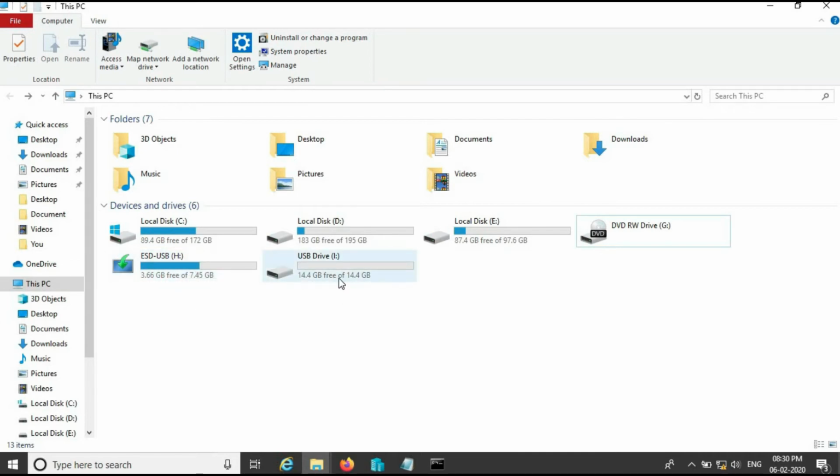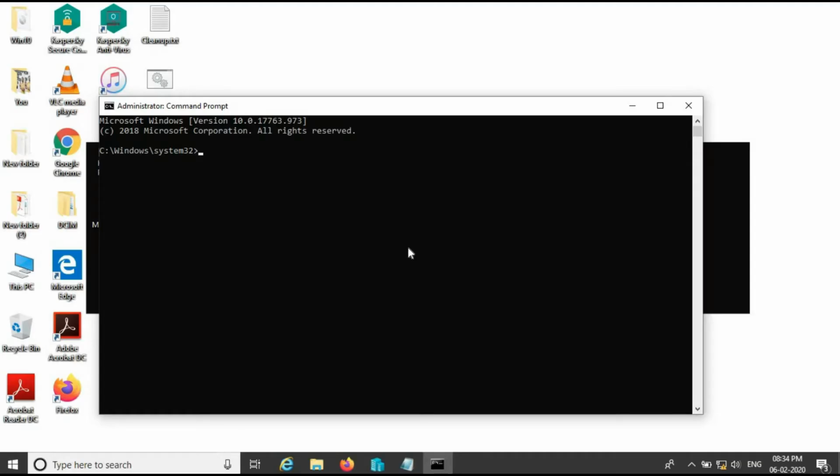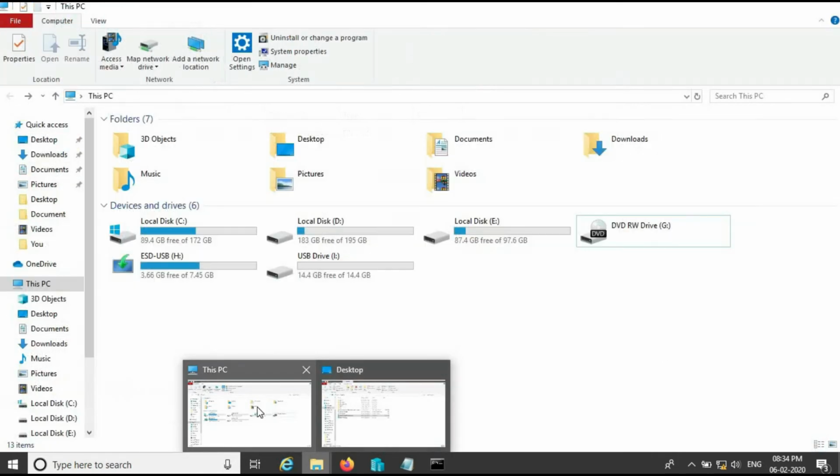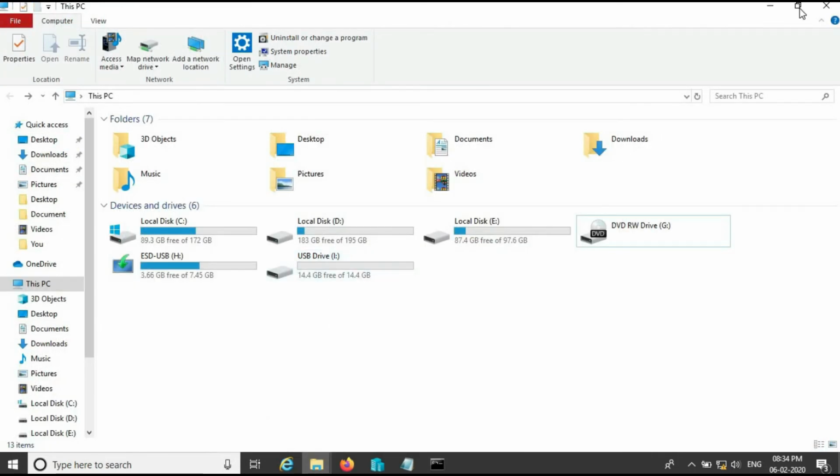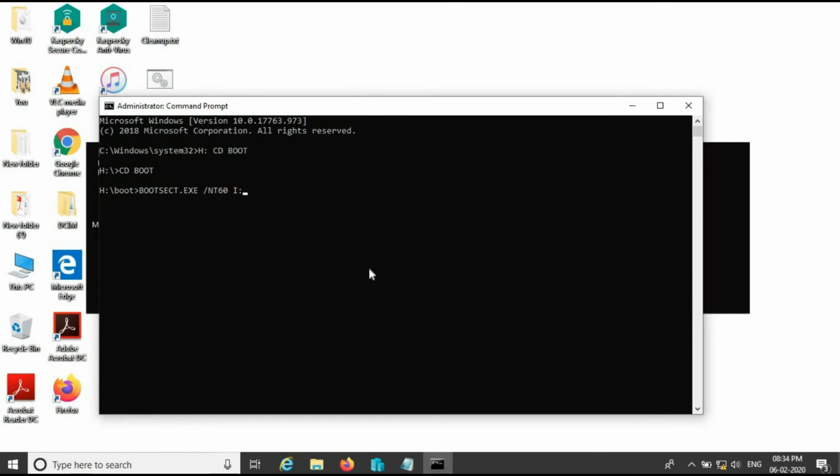You have to now copy the bootable files from the USB or CD drive which is already bootable to the drive which you want to make bootable. So for that again go back to command prompt and type the following command, where H drive is the source from where we want to copy the bootable files and I drive is the destination drive which you want to make bootable. This is a very important step. If you mistakenly select vice versa, you have to again repeat all earlier steps.